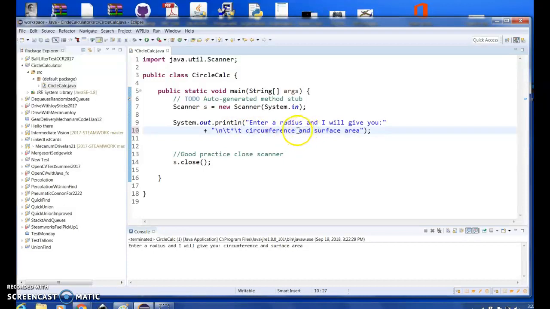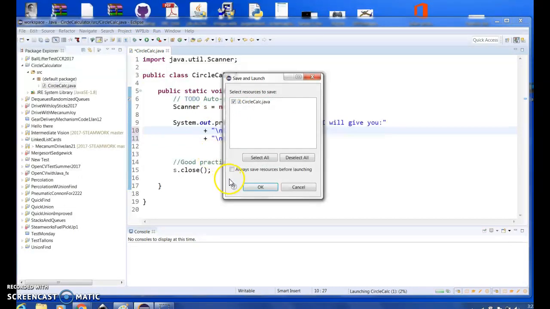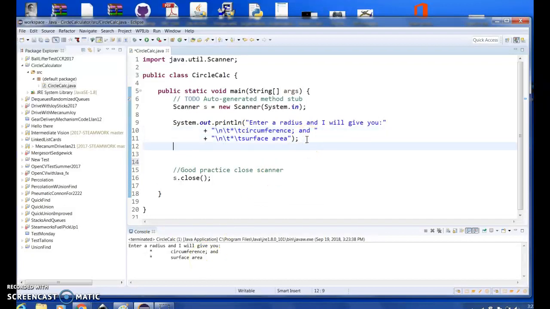So I might say circumference, like this, and I'll do another new line, another tab. These guys have to be equal so they show up. And we'll see what this looks like. Okay. And like that. Okay. And let's see what that looks like. There it goes. So it makes it look nicer. Okay. So that's good. And then what's going on here is that I can get the input by using